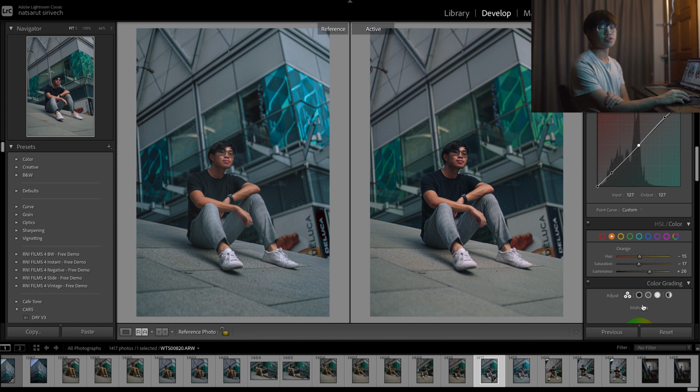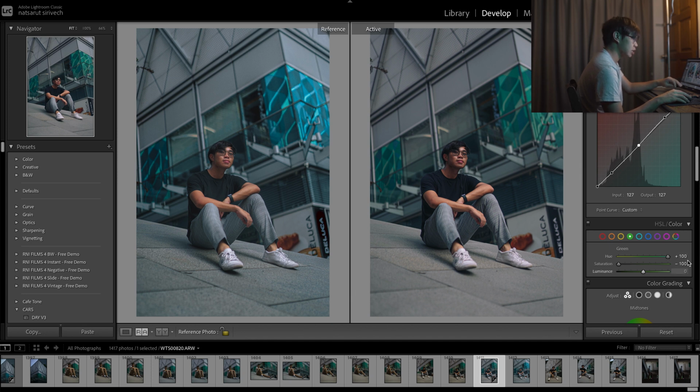Okay, next we're gonna go to green. So here's where it gets a bit interesting. As you guys see in the edited photos, all the green in the image got turned to teal or blue. So what I'm gonna do is, in the green tab, slide it to the blue or aqua side, and then take out all the saturation, because we don't want aqua, we want only blue or maybe a bit of gray.